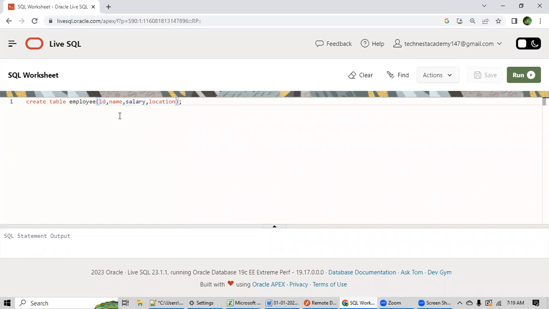Now ID, and then after that you have to mention the data type. We will discuss data type in detail down the line. So ID, generally in ID we store numbers or integers. So in a column where you are storing numbers or integers, you have to mark it as INT. INT means integer. It is because when you're creating a table and you're adding columns, at the same time you have to inform the SQL engine that in this column what type of data you will store.